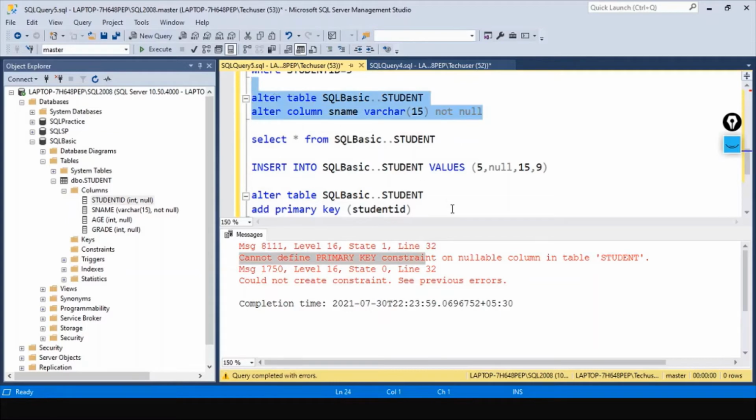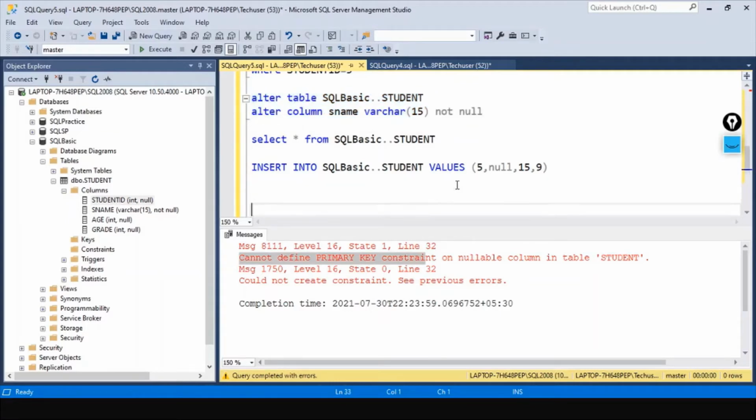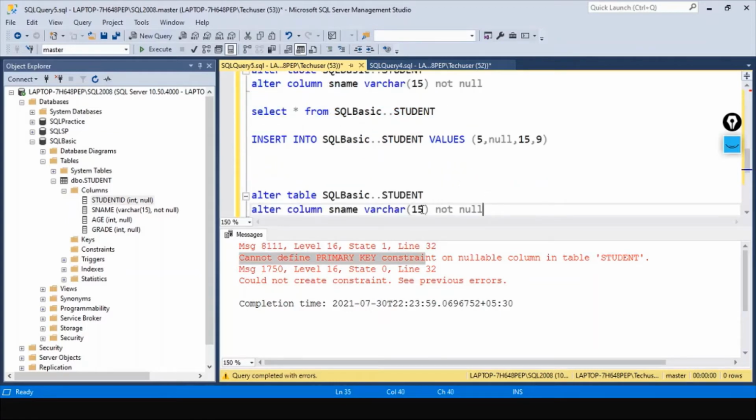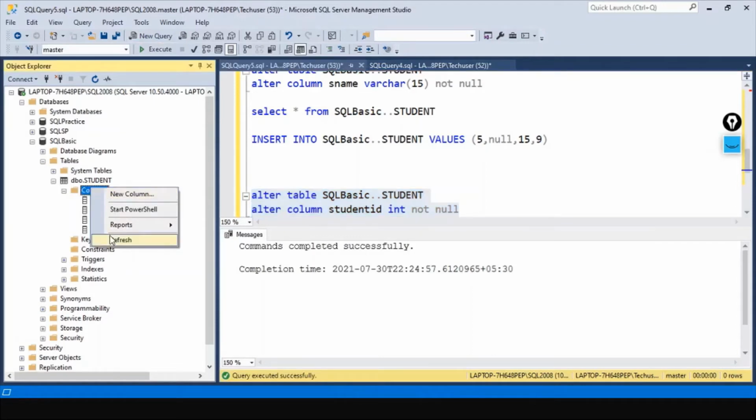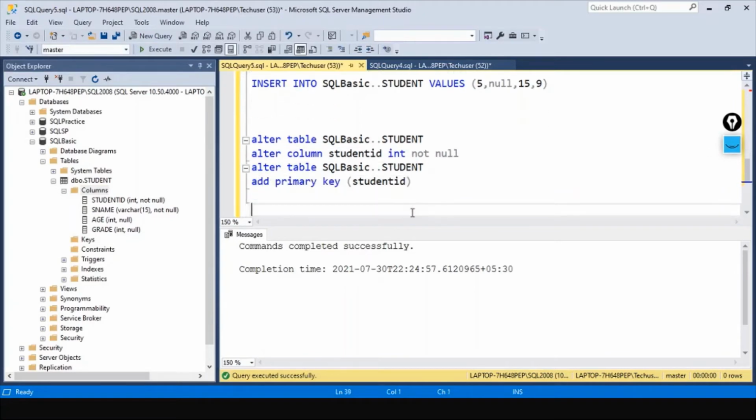Take the same form and say ID int. Okay, now let's refresh. Now it is not null. Go ahead and try to execute.